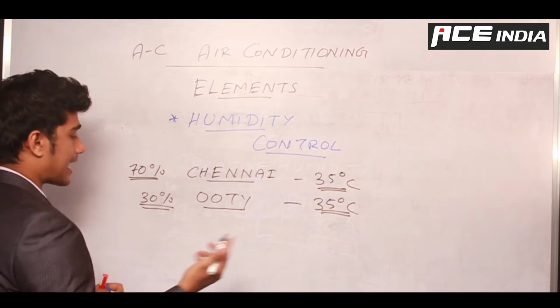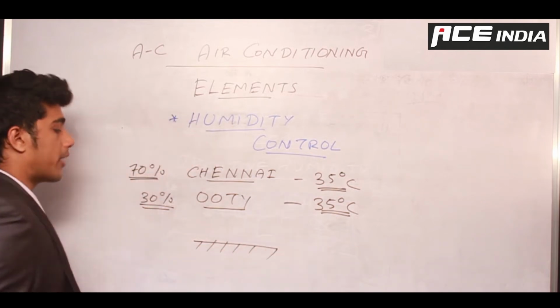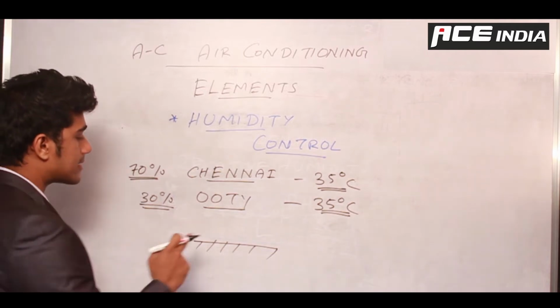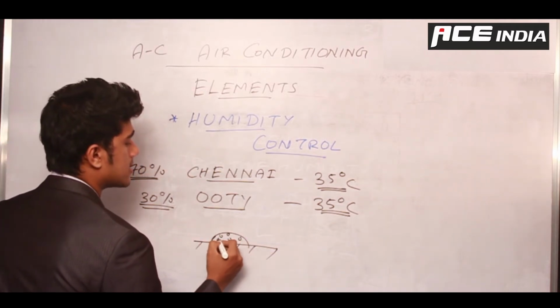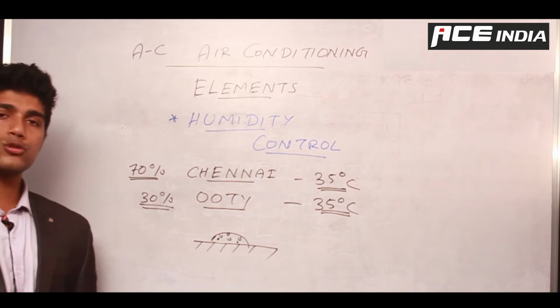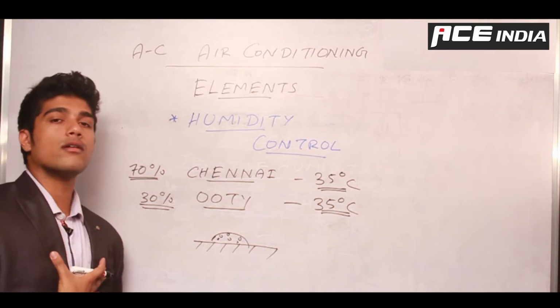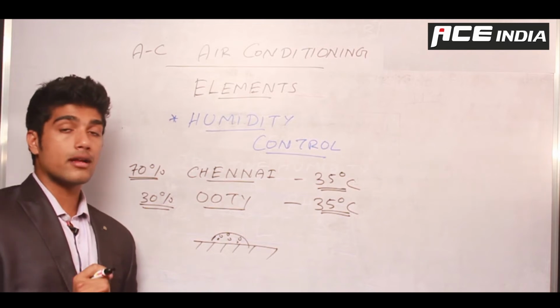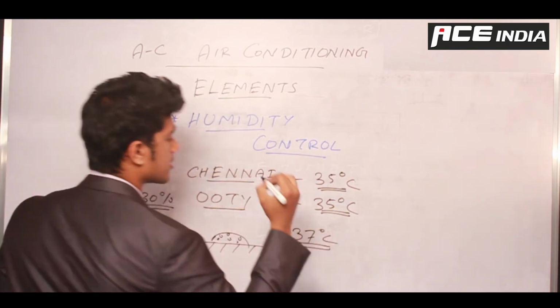Now the explanation for that lies in our human body. Okay, the human body always sweats. Say this is a water droplet sitting on our skin. Now why do we sweat? The reason for sweating is that we have to cool down our body to a core temperature of approximately 37 degrees Celsius. Right?